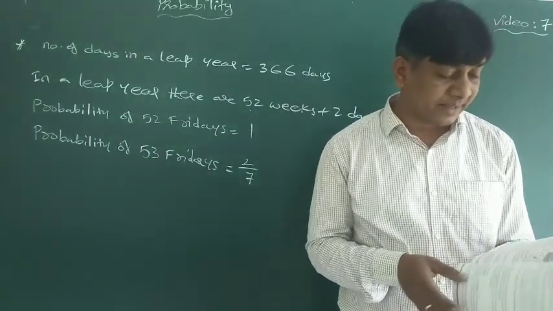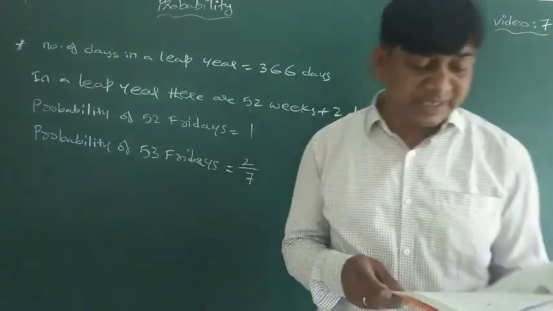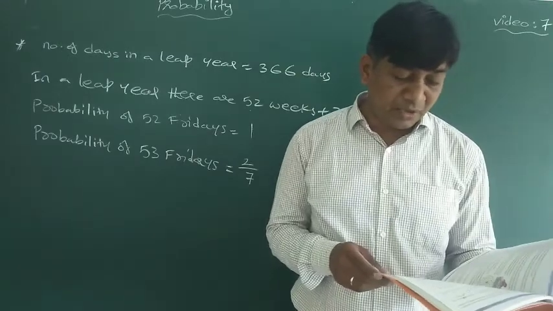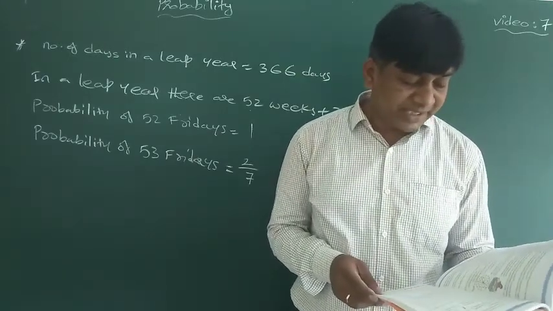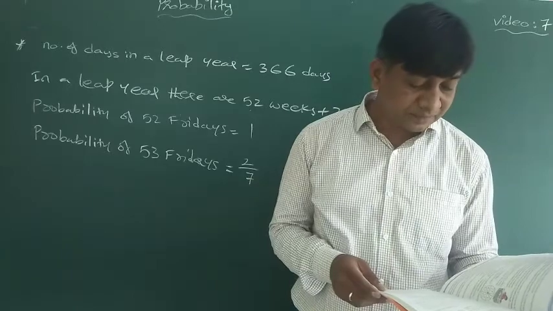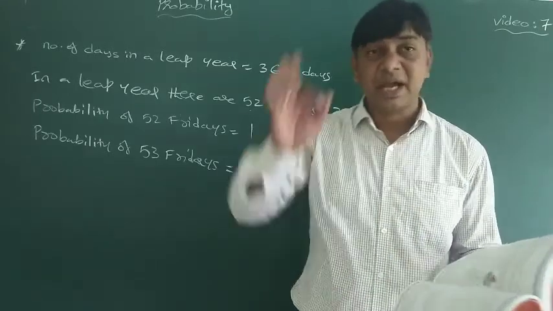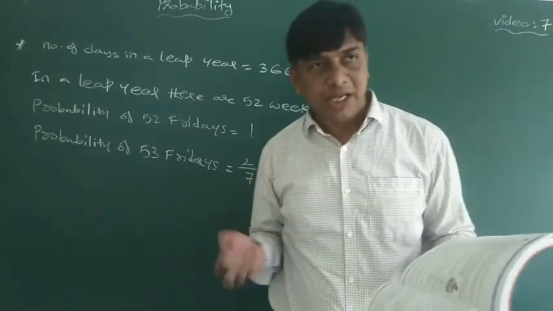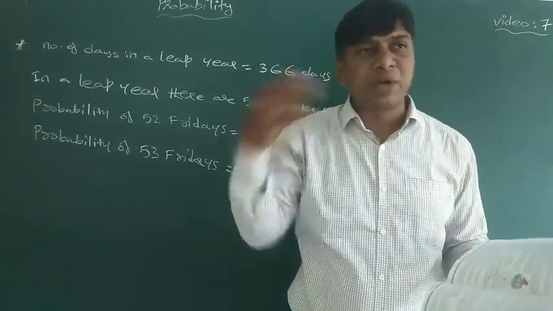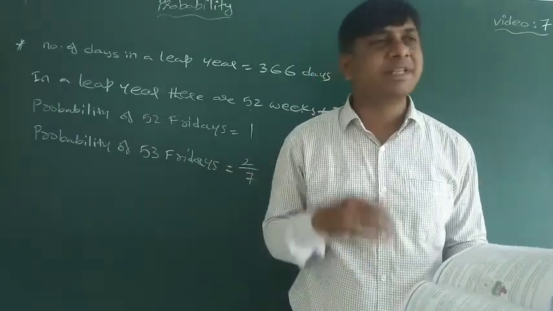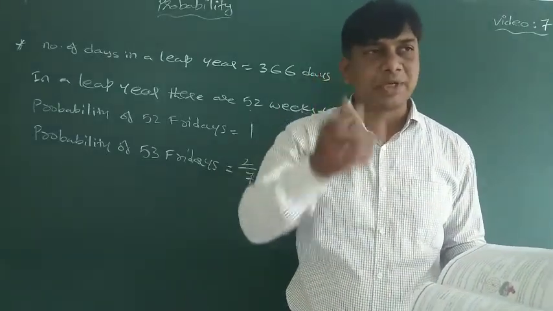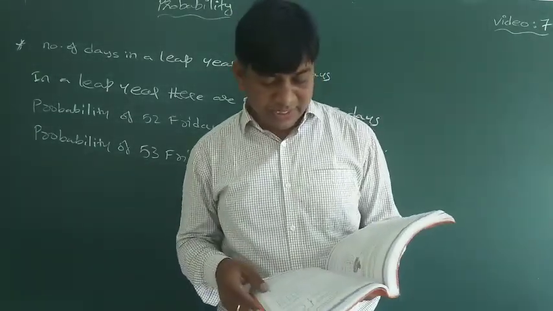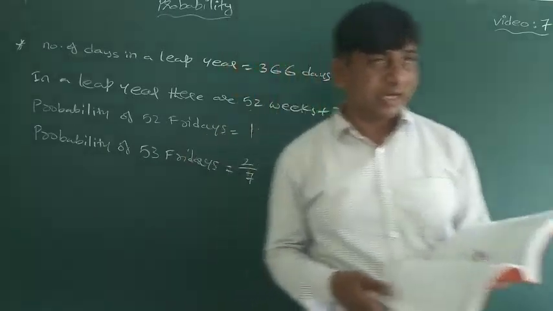The examples are very important. The last question: a game consists of tossing a 1 rupee coin 3 times and noting its outcome each time. Dikshit wins if all tosses give the same result, meaning either 3 heads or 3 tails. Those are the outcomes where he wins. If it is 2 heads and 1 tail, or 2 tails and 1 head, he loses the game. So only 2 possibilities, 3 heads or 3 tails. Those you have to choose. Only simple questions are left over.